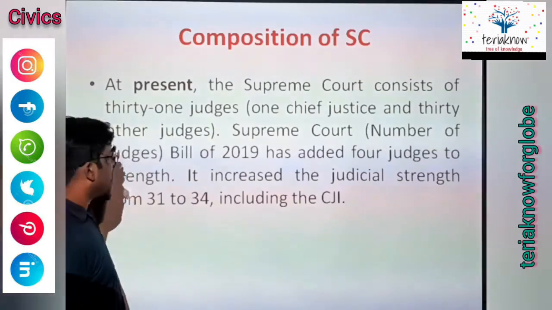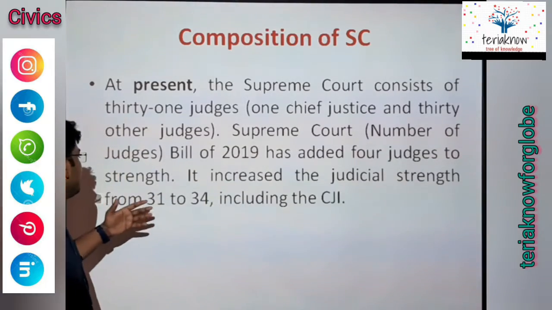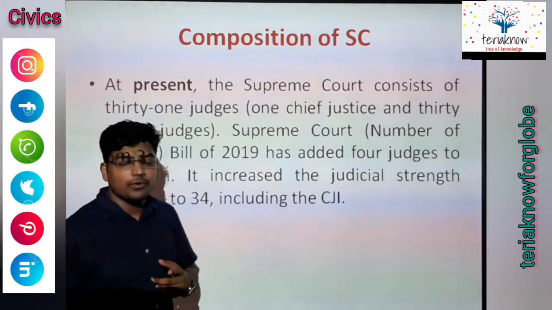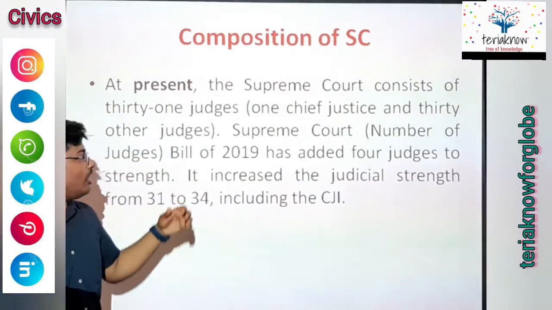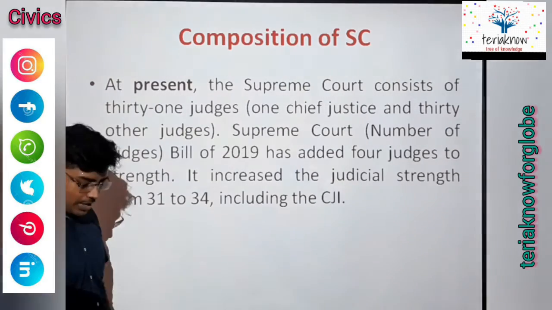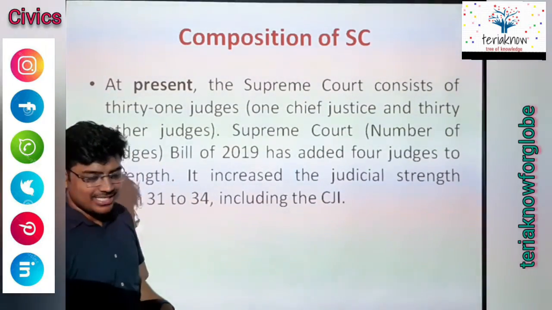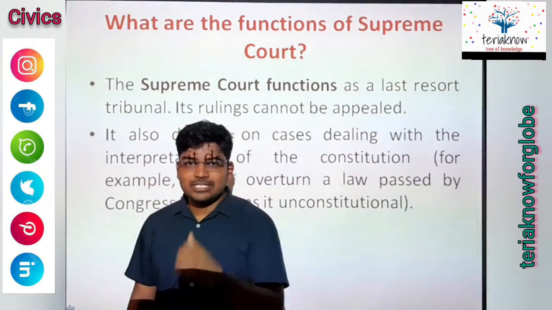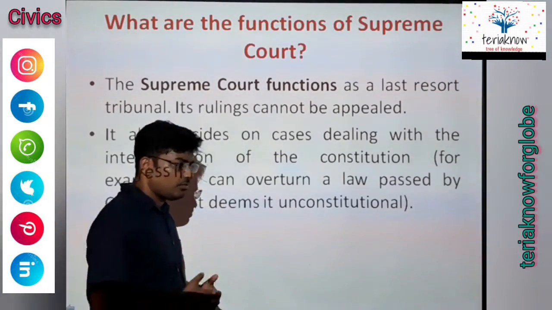Okay. Then the Supreme Court Bill of 2019 added 4 additional judges in this strength, and it increases the judicial strength from 31 to 34. यानी जो 31 की strength वो 34 हो गई by the Supreme Court Bill of 2019. Understood? So I hope you understood. Including the CJI, there would be 34 judges, 1 CJI, Chief Justice of India. Okay, one question I'm going to put here. You have to write the name of the present CJI. Okay, now next. Then one more question.